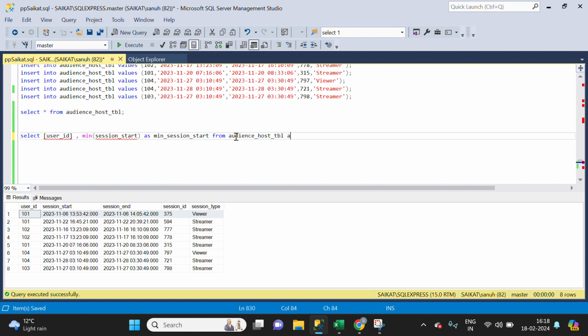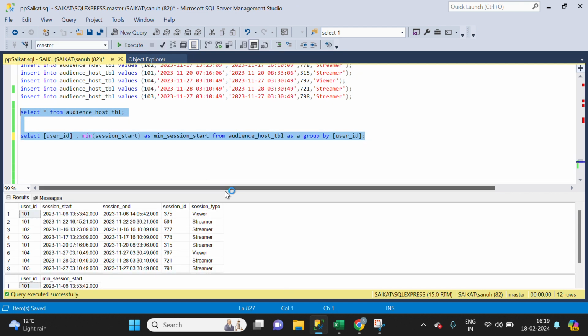From this table, okay? And write down group by user ID, right? So what I wanted to do here is basically take the minimum of session start for each and every user ID. Okay, so if I run this,